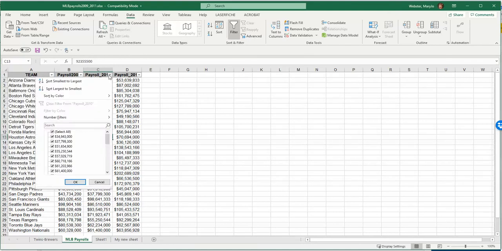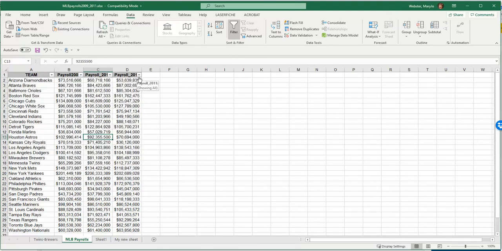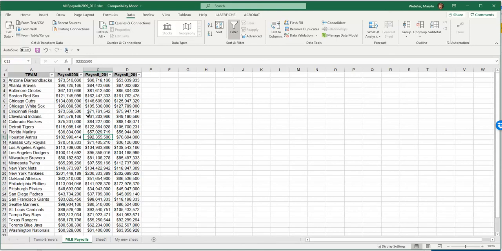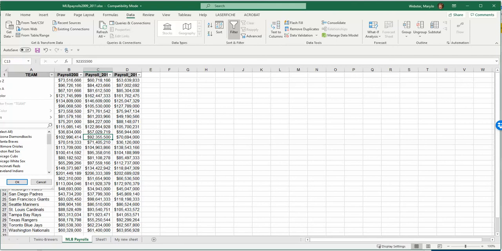And what the pull down menus are doing is giving you one instance of each value that is in the column. This is not super interesting on this particular data set because you'll see that every value in here is different. The teams only show up one time and things like that. But if you have a big data set with lots of rows and you want to pluck out just, let's say this did have every row was a player and you wanted to find all the players on a particular team and one of the columns was a team,